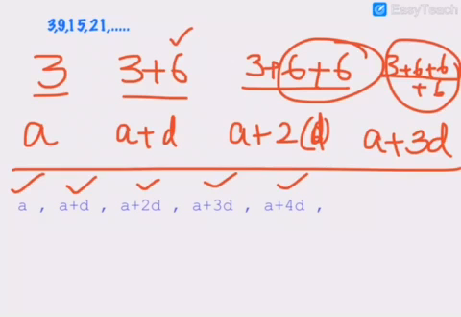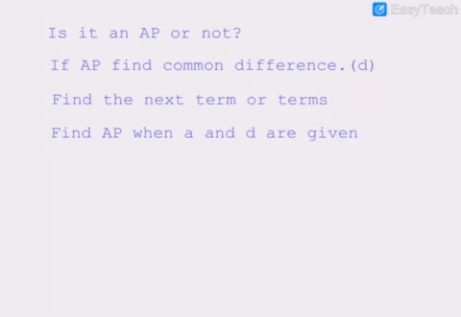Now how do we get sums? So this you have understood. Now we basically get 4 kinds of questions. Is the given series or progression an arithmetic progression or not? That is the question sometimes they will ask. And sometimes they will ask, if it is an AP, find the common difference. They say we are giving you that it is an AP, but you have to find the common difference. And sometimes they'll simply give you the AP and ask you to find the next term, or the next 5 terms, or 10 terms.